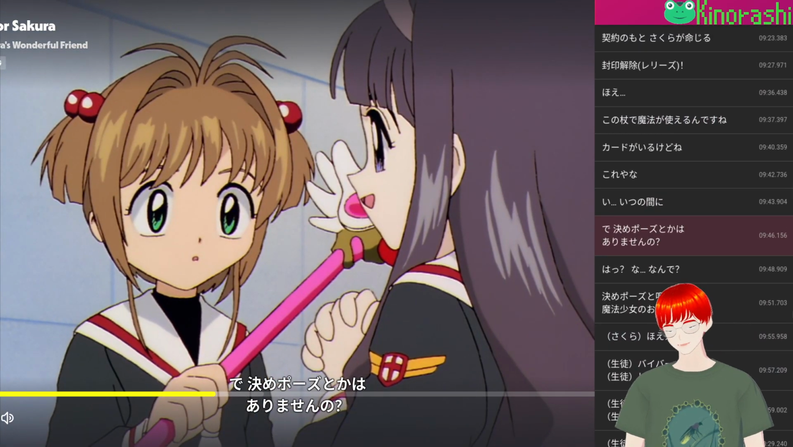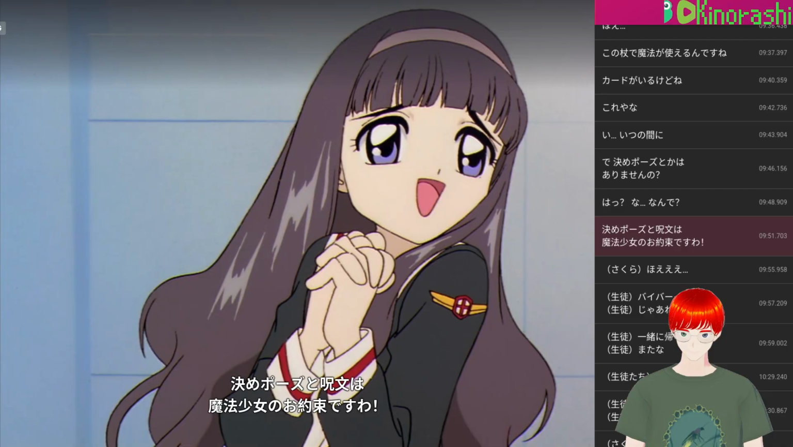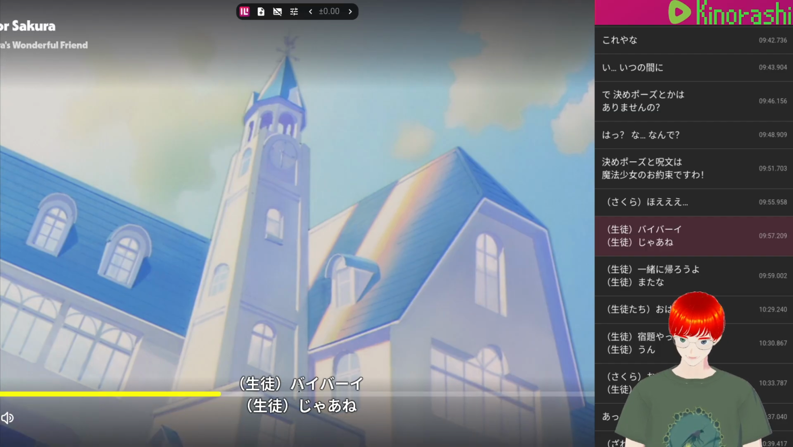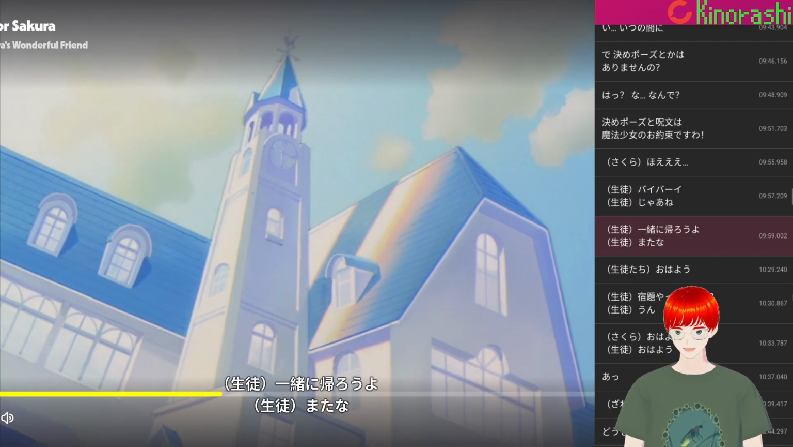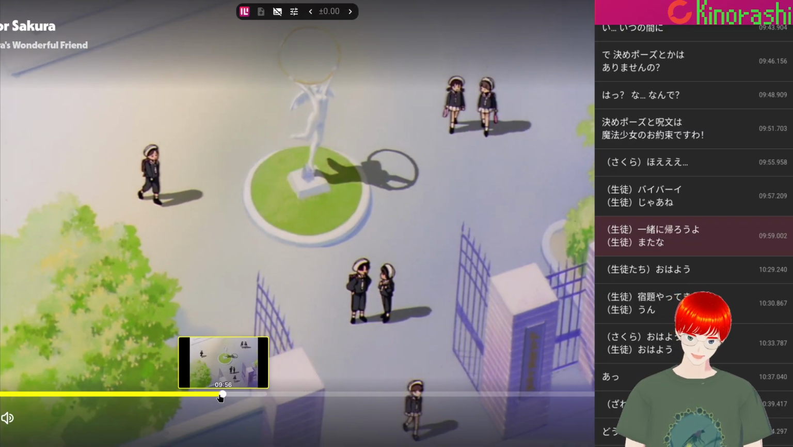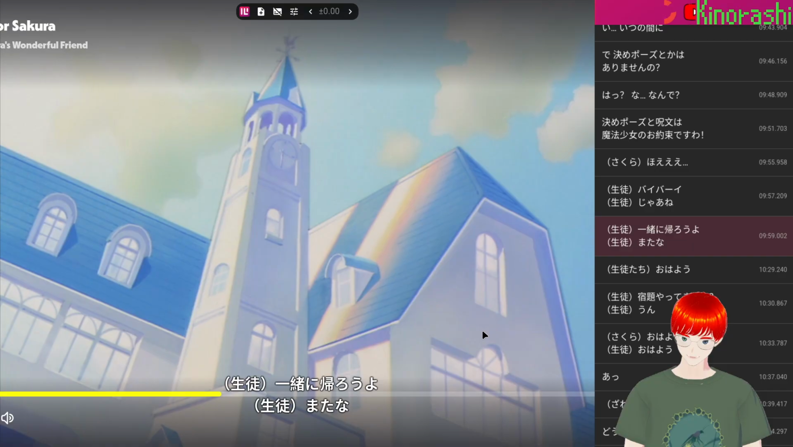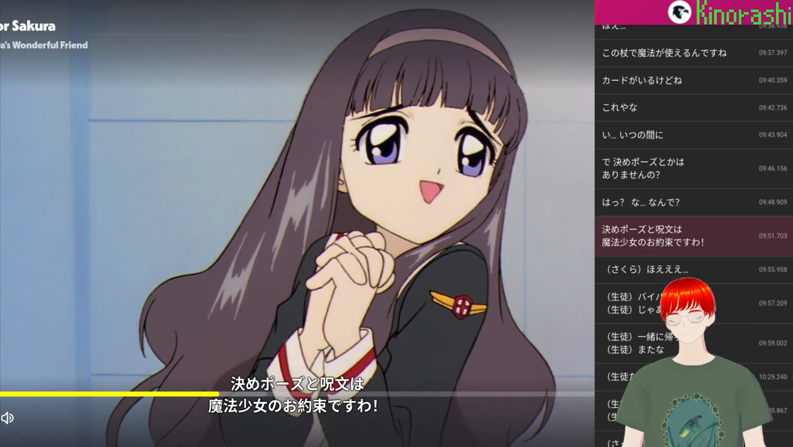で、決めポーズとかはありませんの？なんで？決めポーズと呪文は魔法少女のお約束です Bye わ。 bye, Jane. So this is say to students. Ishoni kaero yo. In other words, let's walk home together. Mata ne. See you again. 決めポーズと呪文は魔法少女のお約束ですわ。